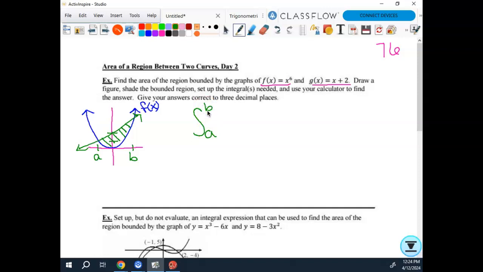And then what am I integrating? Which one goes first? The top, x plus 2. Since I get to use my calculator, I can say g of x instead of x plus 2. Either way is fine. g of x minus f of x